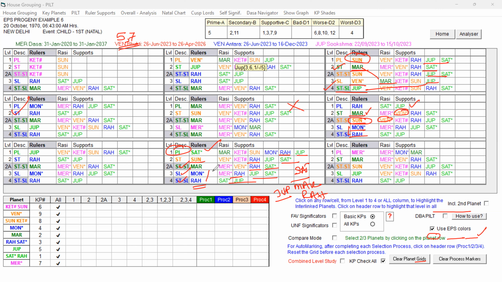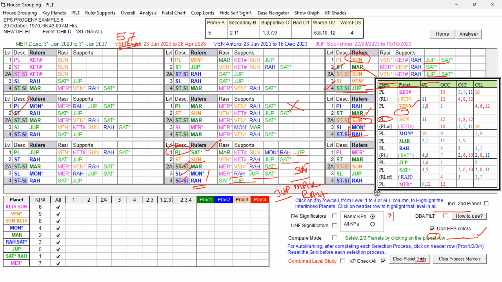And the unfavorable key planets are Sun and Venus. The Buddhi Lord should not have the Sun and Venus in the star level or sub level, primary levels, first or second or third level, it should not be playing a role. You look at Mercury. Mercury is actually a mixed planet. Let me open the self-significator again. Yeah. So Mercury, if you see, is a mixed significator, and